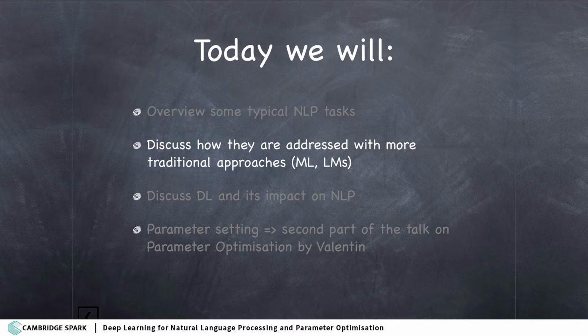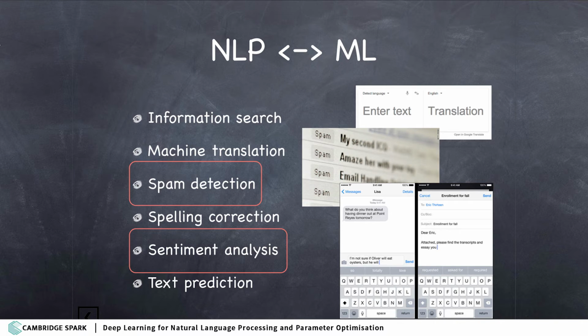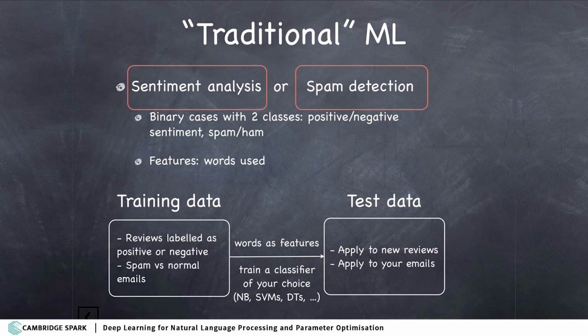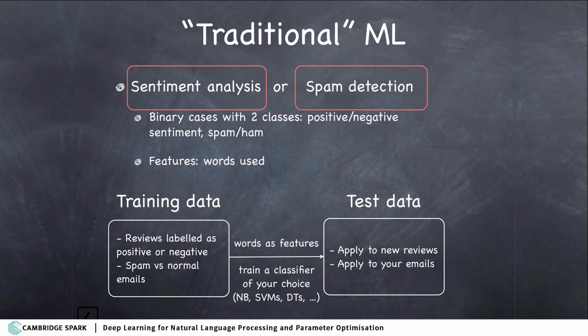So let's now see how those can be solved by more traditional machine learning techniques. Let's, for now, just focus on two of those, spam detection and sentiment analysis. We will see that those are essentially quite similar tasks. In each of those cases, we are talking just about two classes that we want to distinguish between. In the case of sentiment analysis, we want to predict whether something written in natural language has a positive sentiment or negative sentiment, whether a review about a movie, a restaurant, or a book is positive or negative. In terms of spam detection, we want to distinguish whether this is a spam email or what is called a ham email, or a valid email.